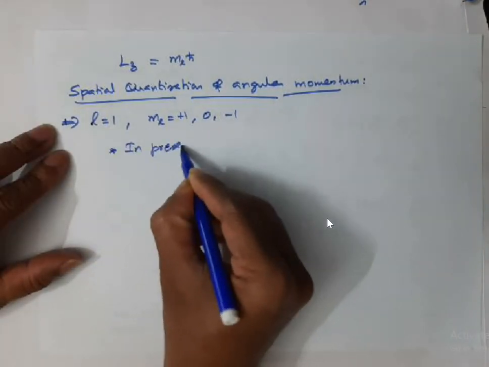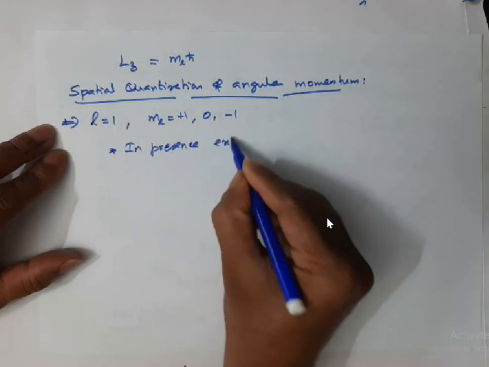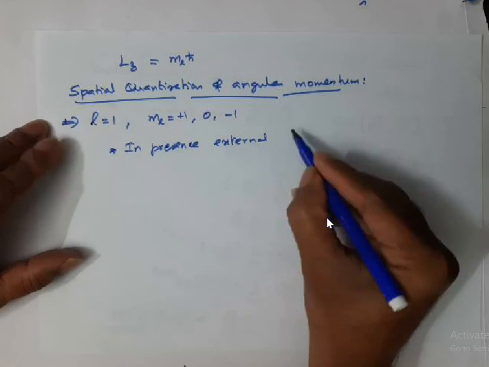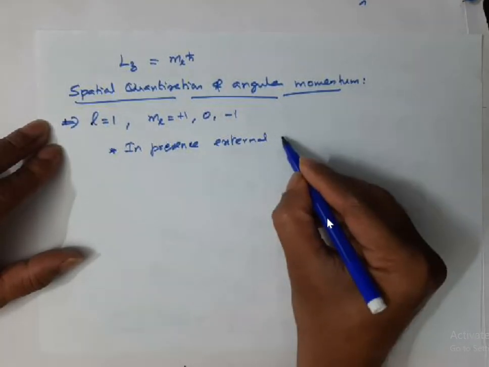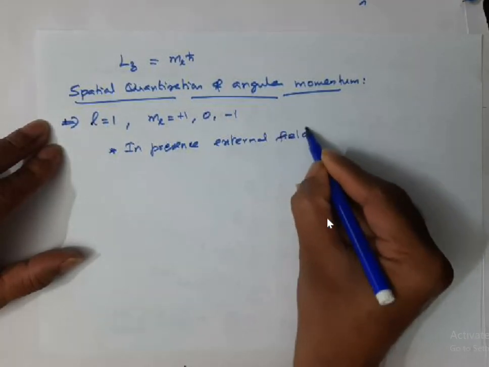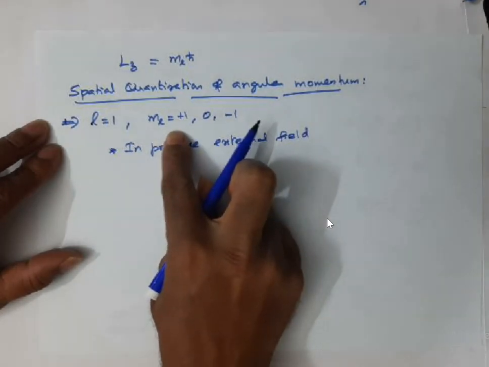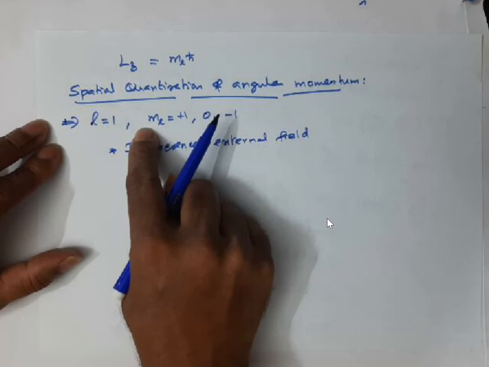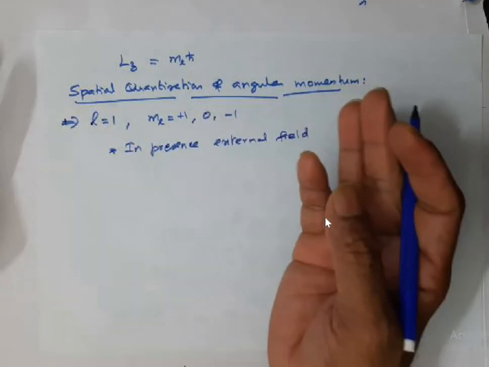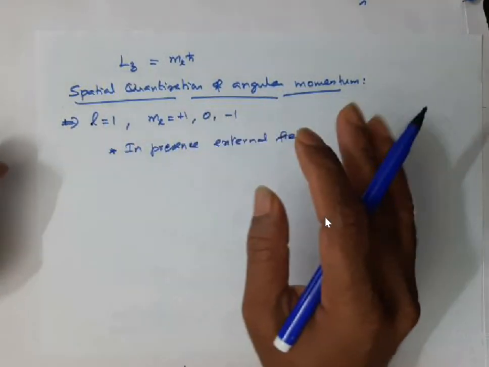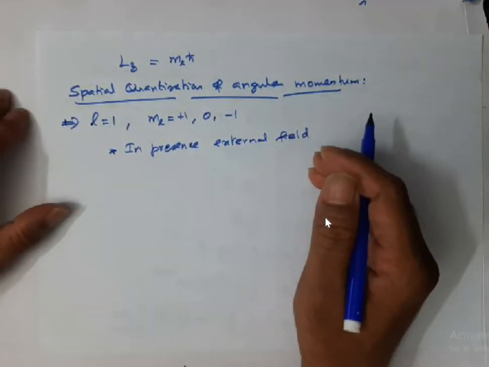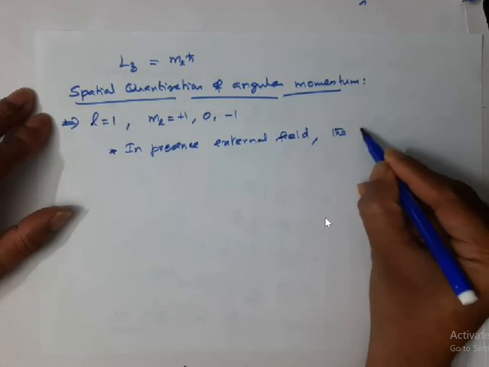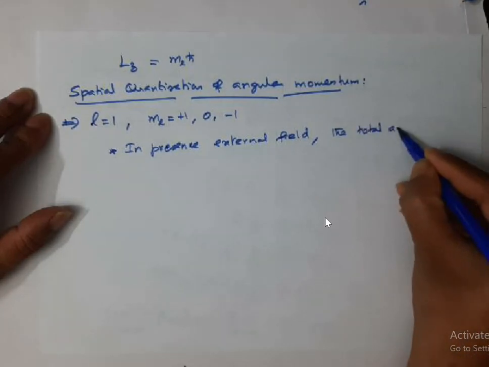In the presence of an external field, magnetic field or electric field, usually we apply a magnetic field, the angular momentum for these 3 states will orient in different directions in space. In the presence of an external field, the total angular momentum